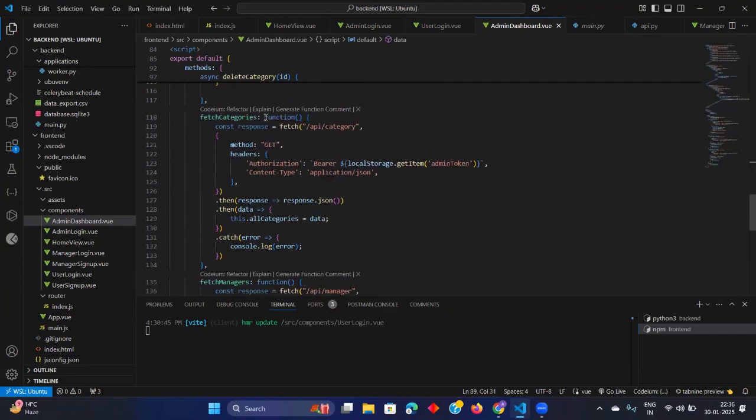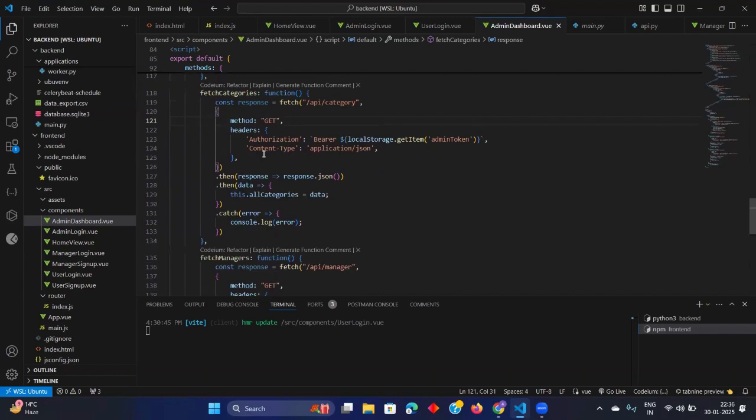Now the fetch categories function. Now we are fetching the categories only. So where are we fetching the categories? API slash category using the GET request method. Okay, headers, we are passing the headers again, same thing as we did in the previous case. Then you see this is the function name we are using. Then defining it as a function. You can also write just fetchCategories, then brackets. That is also okay. Okay, then we have